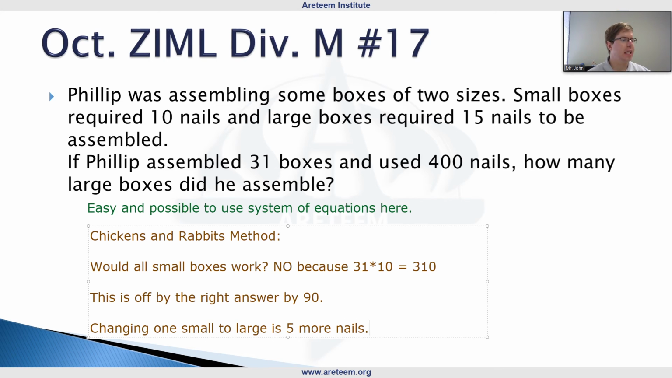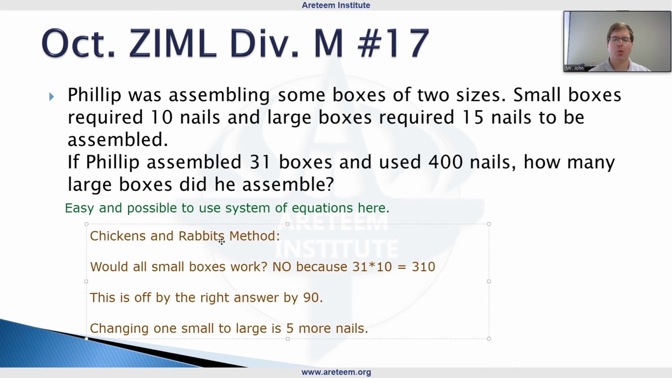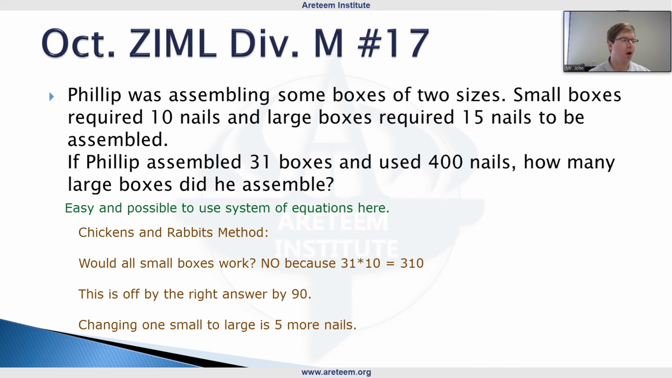And so the key idea here is a switch. So the idea is, we do a small to a large. What happens when we do a small to large switch in this case? Changing one small to large is 5 more nails. And so then this is a swap. So we need 90 more. And so for this 90 more here,